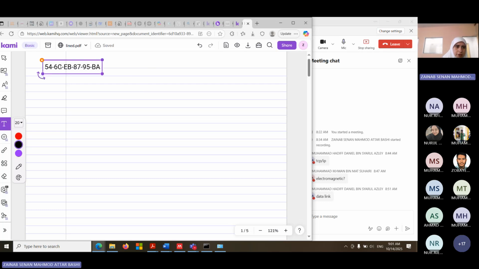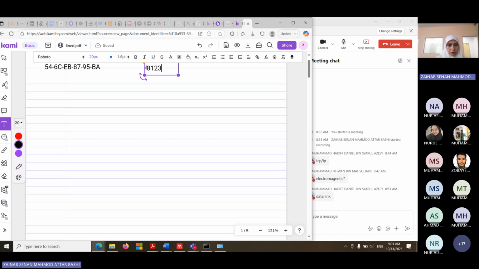Because we have some letters, right? C, B. Because for hexa, it starts 0, 1, 2, 3, 4, 5, 6, 7, 8, 9. After 9, there's no 10. There's A, B, C, D, E, F. And then we start with 1, 0, 1, 1, and so on. So that's how we know it's hexadecimal.